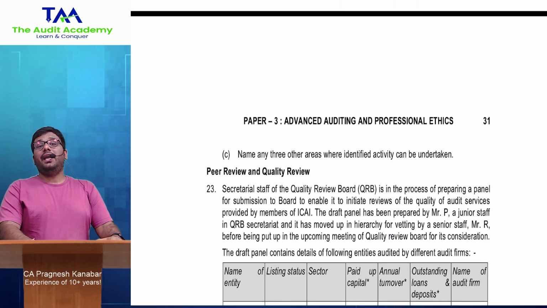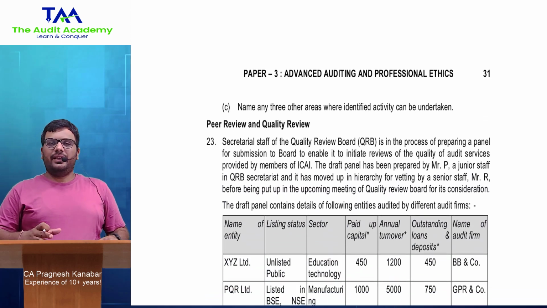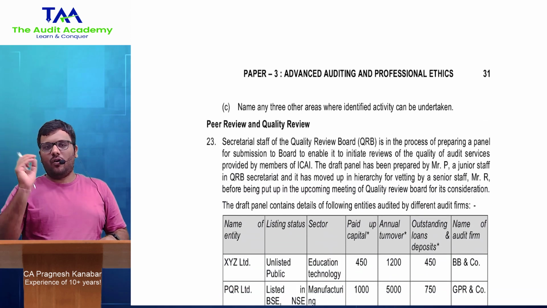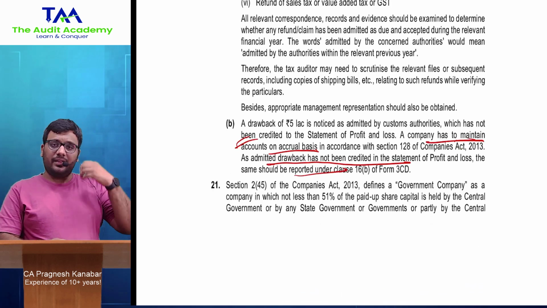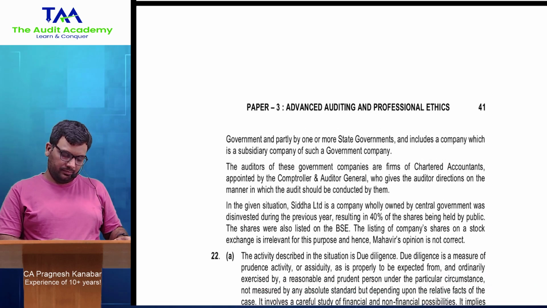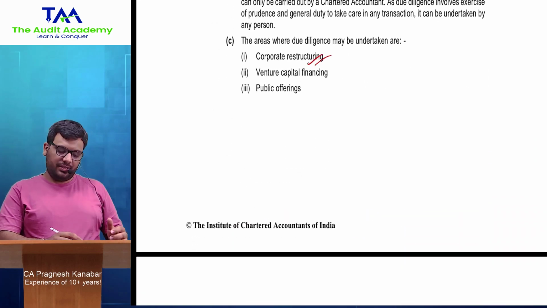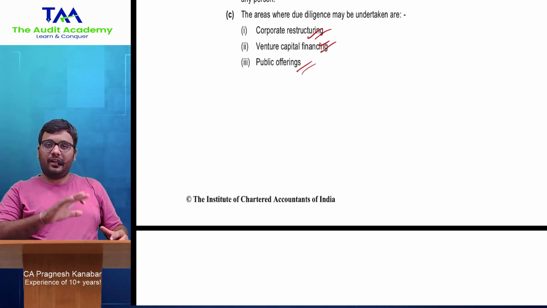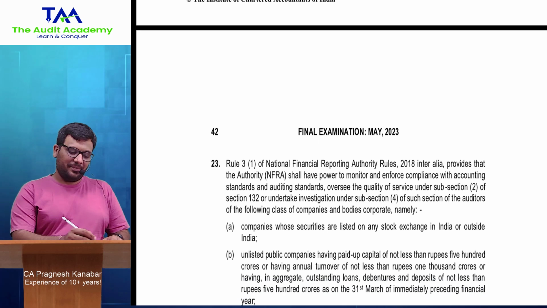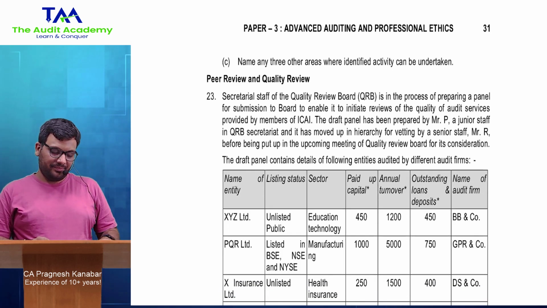Name any 3 areas to be covered. Operational area, finance area, tax area. All areas will be covered by this due diligence activity. All right. जो आता है बिजनेस के बारे में ठोको. This corporate restructuring, venture capital financing, public offering, investments, valuation, Shark Tank India. Okay. And in that also, for every business, they will look after different areas.